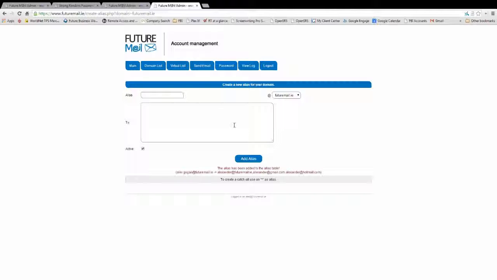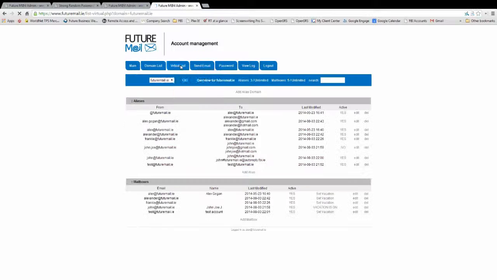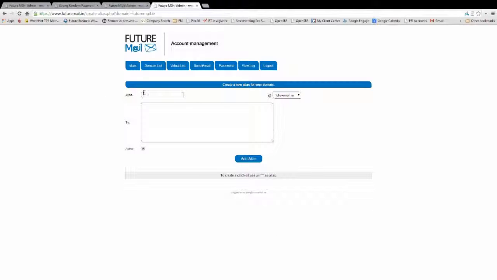Now this same principle can be used for info. You have a number of staff in sales or in accounts, and you want, when an email goes to accounts at domain.ie, you want them all to receive this email message. So you can just again list them here. Just for an example, accounts at futuremail.ie goes to Frank at